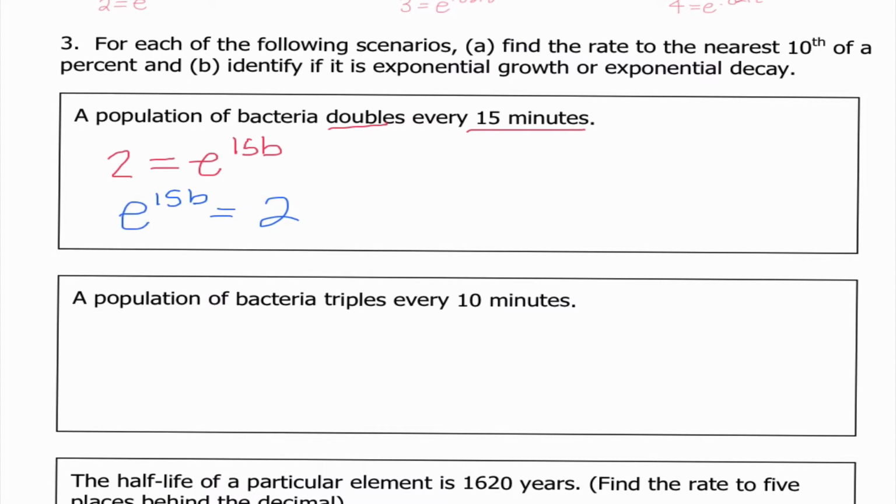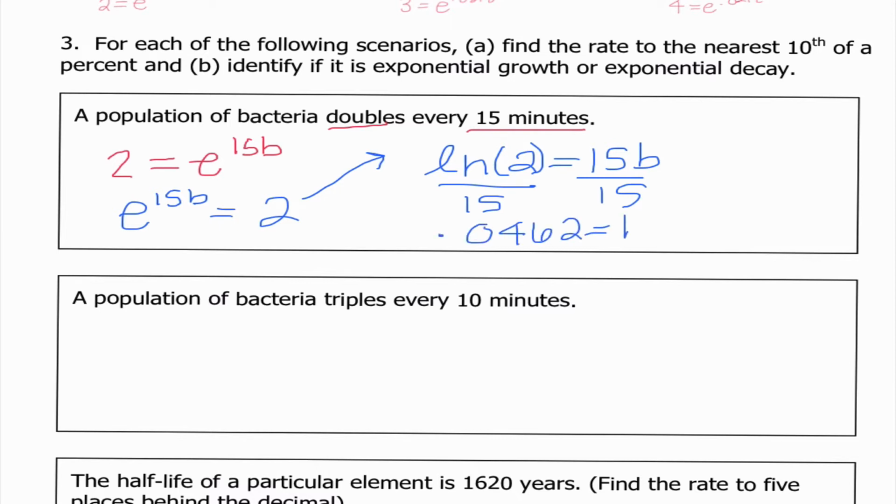I'm going to change this into a logarithm. And if you would prefer to take a log of both sides, that's great. Just like we learned in our last lesson, you can use either method. But this would be ln of 2 equals 15b. So I'm going to have to do ln of 2 in my calculator and then divide both sides by 15. And I can actually do that all at once. It would just be really important for me to close this parenthesis. And I end up getting